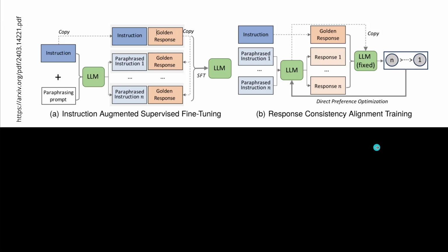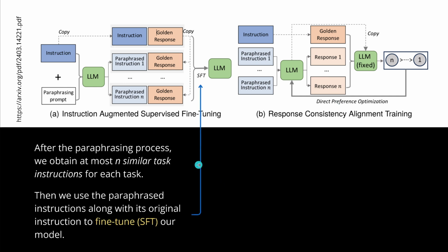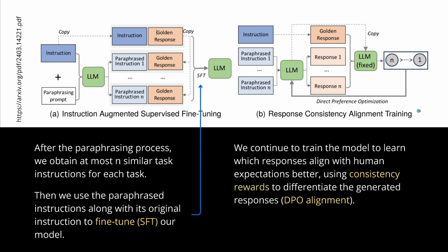So if you want to see a simple scheme of this, it's a two-step process, A and B. In A, you notice that after we created those paraphrases, after this paraphrasing process, we obtain at most n similar task instructions for each task. And we use this paraphrased instruction set along with the original instruction for a supervised fine-tuning process of our model. You know this. And then it is a familiar step to go to the DPO alignment process, where we